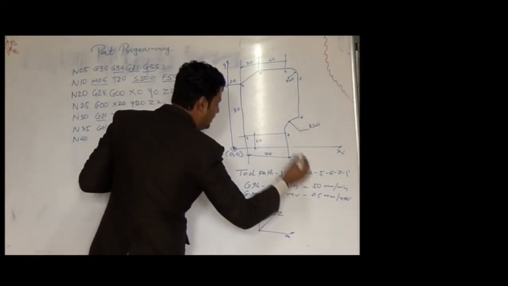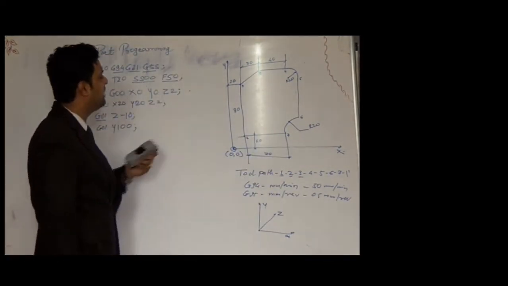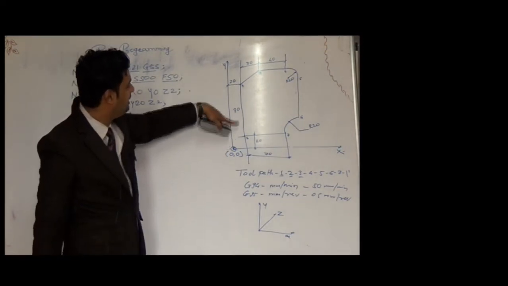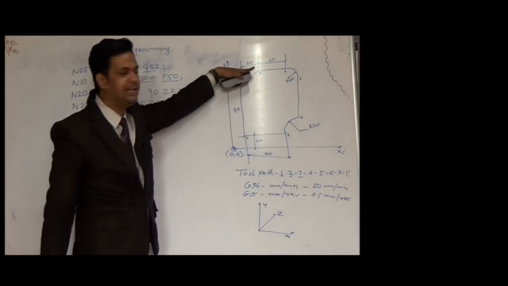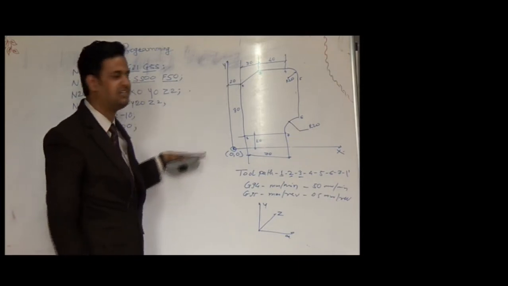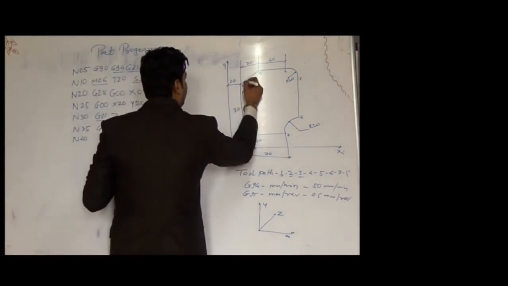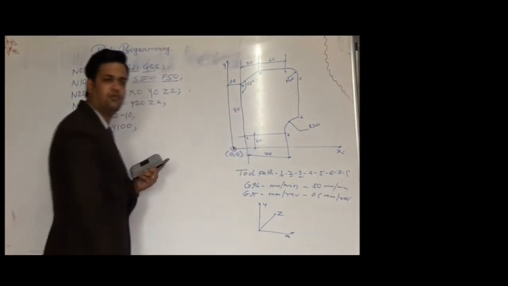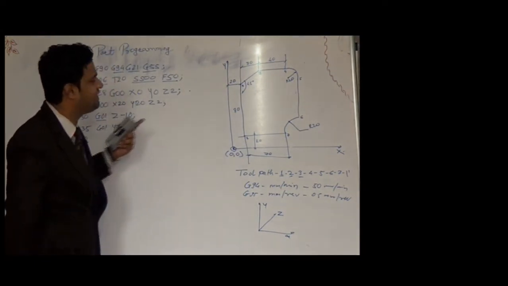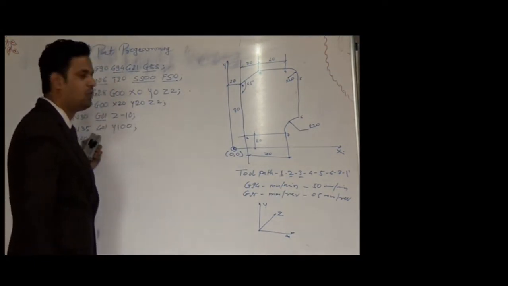Now you can see that this is in a linear way, okay, and this is an inclined surface, suppose at an angle of 45 degrees. Okay, this is a 45 degree angle. So how to get this inclined surface? By using x, y positions.